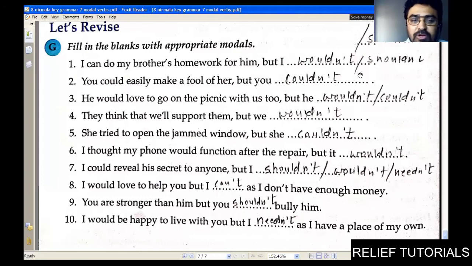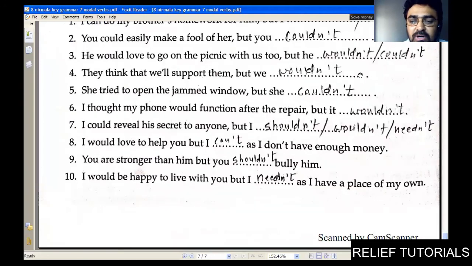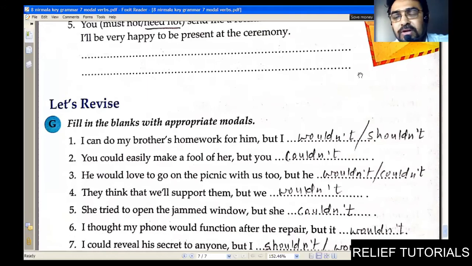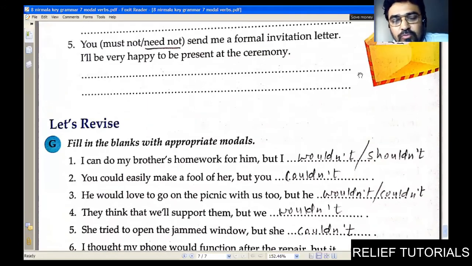So it's all about understanding, friends. It's all about more than one answers. So more understanding, more precision, more correct answers. So better watch the video, re-watch it, solve the exercises, and come up with your doubts if you have. Free to ask me. Hope you understood and enjoyed the video.